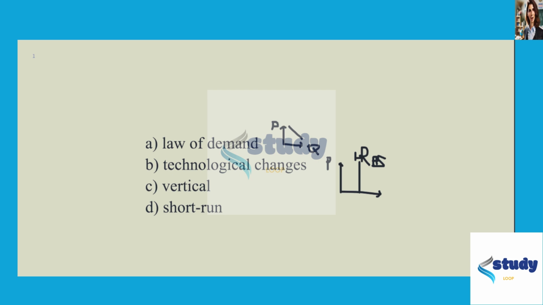It is not because economic forces do not affect long-run aggregate supply, as question B says. We can simply come up with a counterexample: technological changes will actually change the long-run aggregate supply. For example, if we have a huge technology revolution, we can produce more output, and the long-run aggregate supply is going to shift to the right. So, in conclusion, it is vertical because it is not related to price, not because of the reason the statement gives.